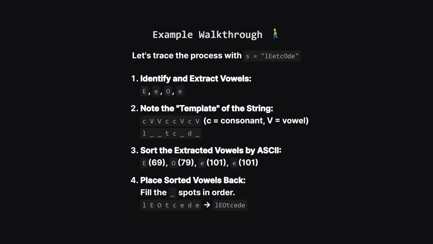Meanwhile, the consonants L, T, C, D stay right where they are, creating a kind of template with empty slots. Next we sort our pile of vowels. Remember, ASCII order, capital E comes first, then capital O, and then the two lowercase e's. Finally, we take this sorted list of vowels and fill in the empty slots in our template from left to right, and that gives us our final answer,